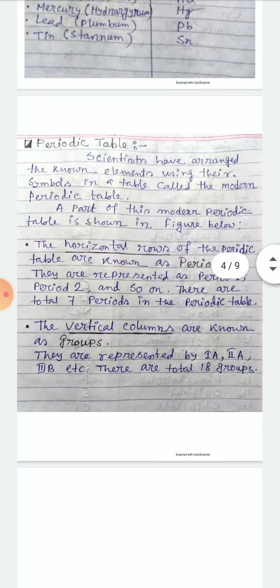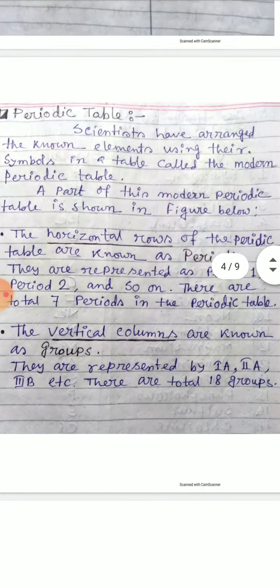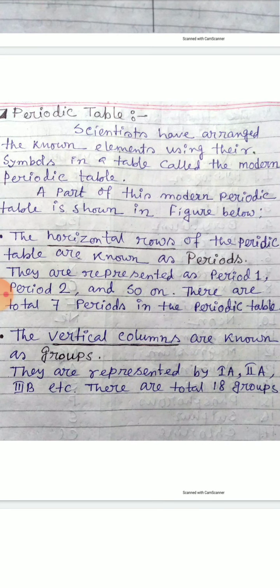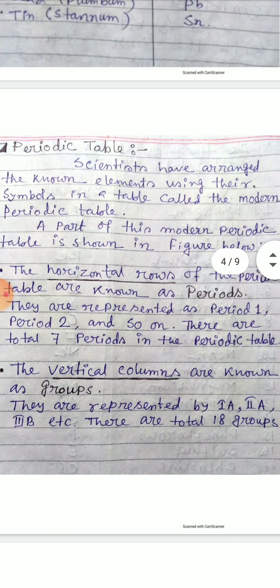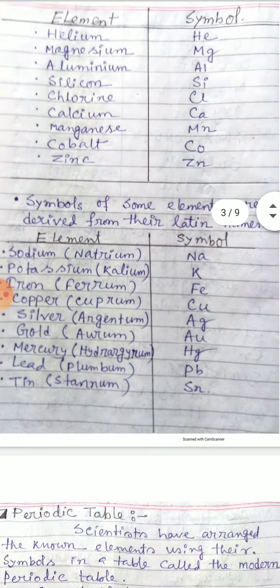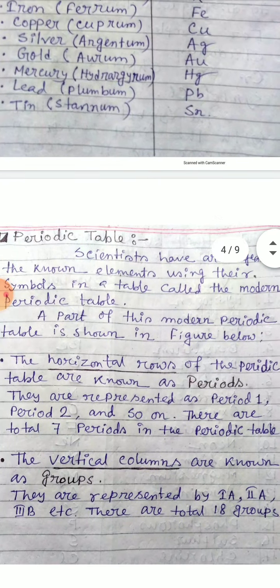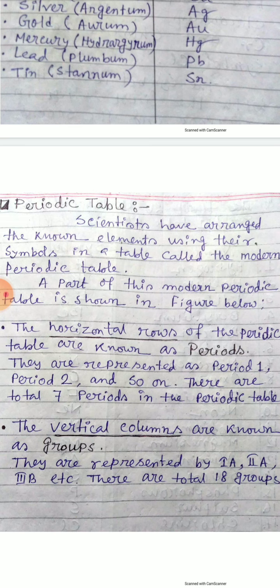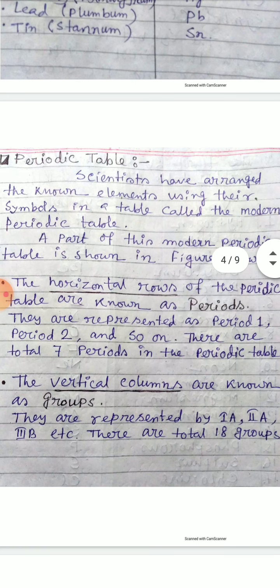Now the periodic table. What is the periodic table? I have already told you in the previous video that in nature there are almost 118 elements, and all the elements are represented by some symbol. I have already told you how to symbolize an element. Here you can see, according to Berzelius, using their English name and Latin name. Now the periodic table, and all these elements